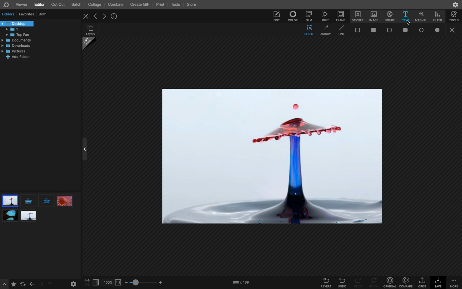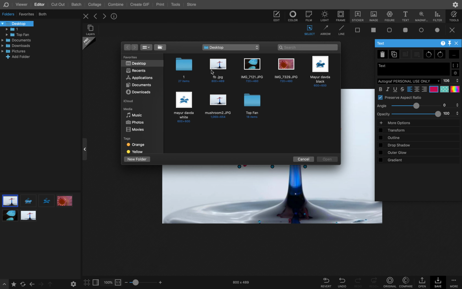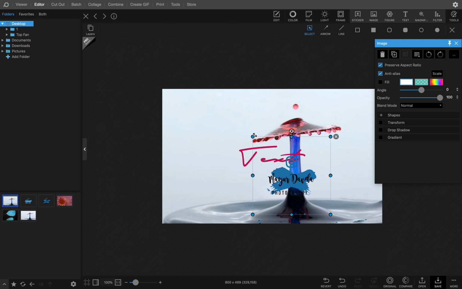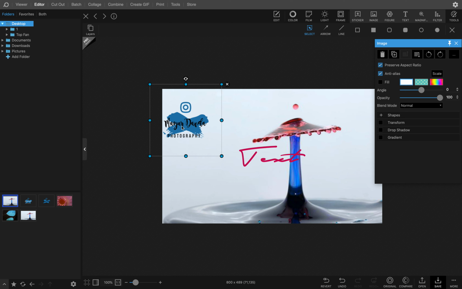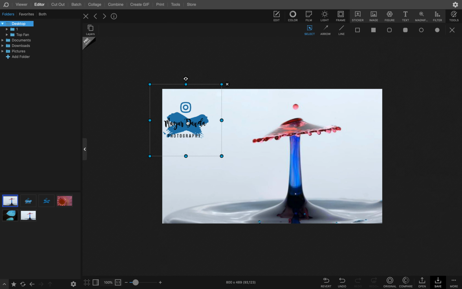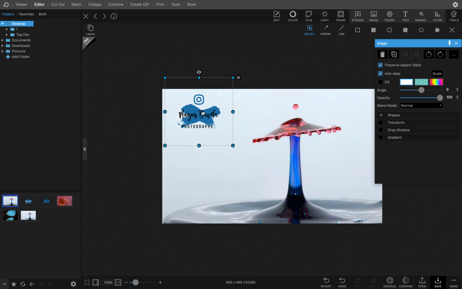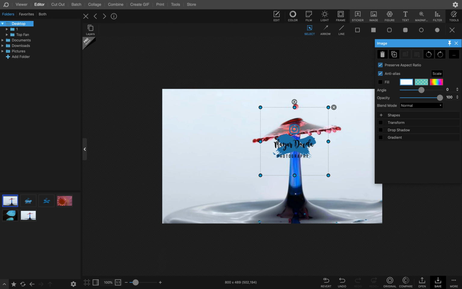So you can select the black logo instead and put it in any one corner. If you want to increase or decrease the size of the logo, you can do it like this. You can now appreciate the transparent background of the logo very well.